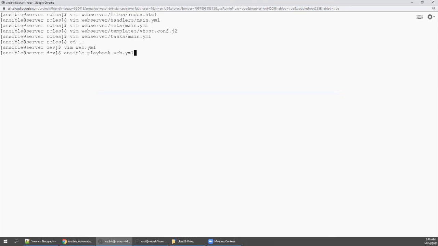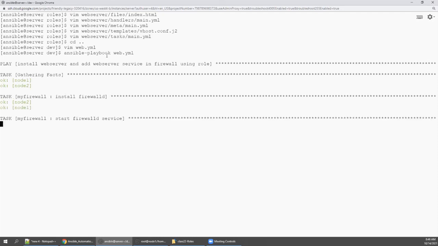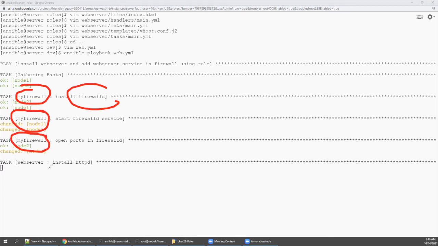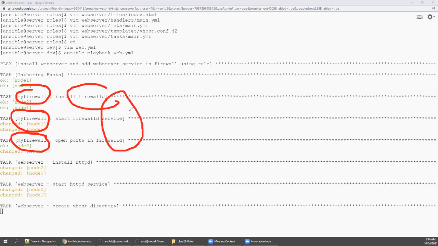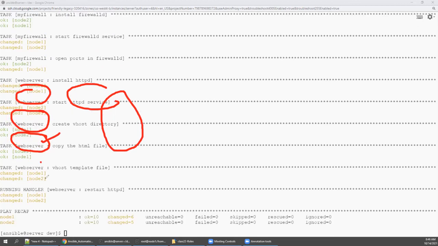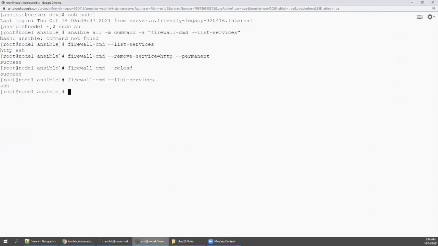Now we need to execute this web.yaml so that whenever you execute, the roles will be called in turn and will execute. This is what you need to understand from this exercise. See here, we called the web server, but this is in turn calling my firewall role. See here, my firewall role and my firewall services, and basically my firewall role is getting executed. Once the meta is over, these are all meta helping to call this and executing. Then the web server role is getting called and getting installed. Then the handler will be restarting the service.